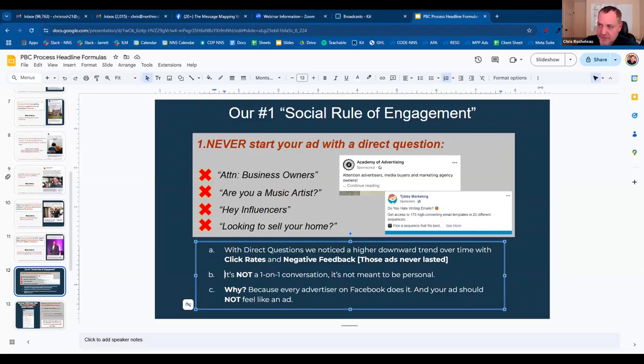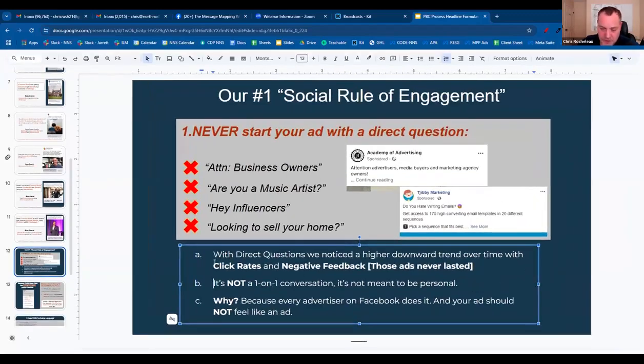Here's the thing to understand about this. The news feed is not a one-on-one conversation. That's not the natural native language of social media. It never has been, it never will be. And that will be validated by the fact that anytime someone starts asking a question and being direct, assuredly it's an ad. And what are we attempting to do? We don't want to make it look like an ad, because the moment someone thinks it's an ad, they have a ton of resistance to your message. They're already skeptical. You are already a suspect. And we want to bypass those filters.